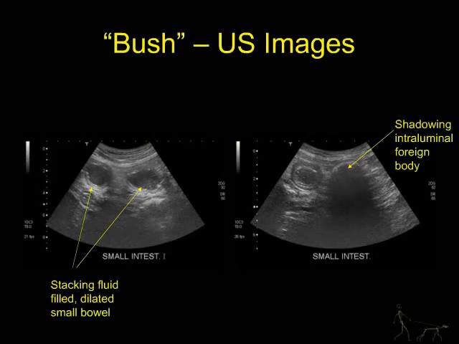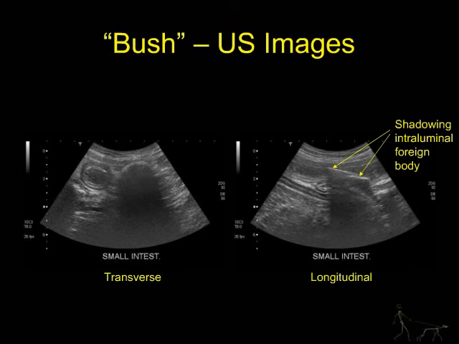These are several images from the ultrasound exam of Bush. Note that in the image on the left, there are at least 2 stacking or parallel-oriented small bowel loops that are fluid-filled, seen within the mid-ventral abdomen. Slightly further caudal, a same fluid-filled section of small bowel is adjacent to another section of small bowel that either contains gas or an intraluminal foreign object. Both of these images were obtained in a transverse orientation. When flipped longitudinally, the suspect intraluminal foreign object seems